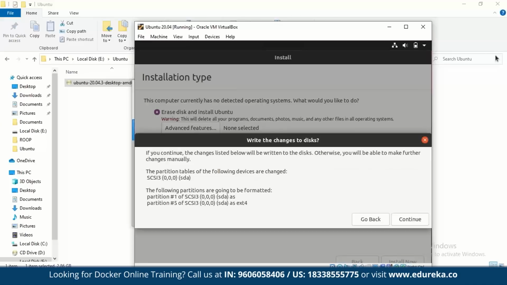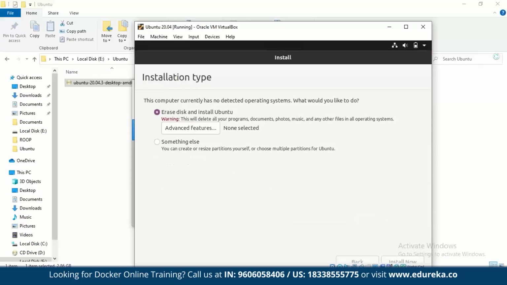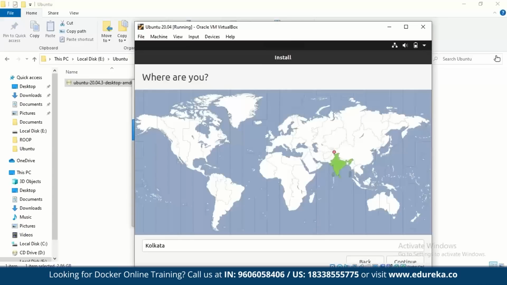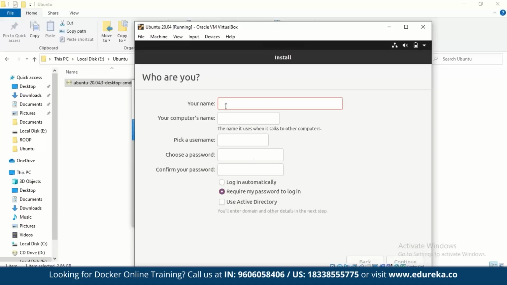So that is all you have to do. Now you have to click continue. So you can choose advanced features if you want, but I haven't here, but that is an option that you have. So here you have an option of selecting which area you're close to. I am close to India, so here you basically write your system name. Let's say Ubuntu